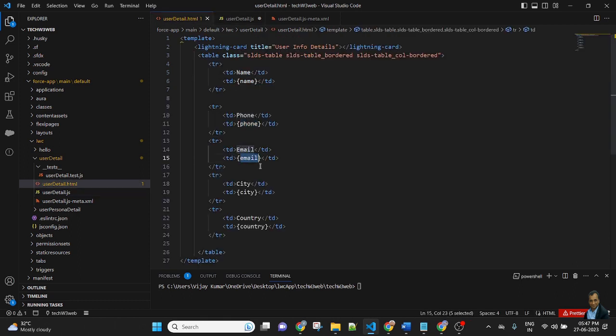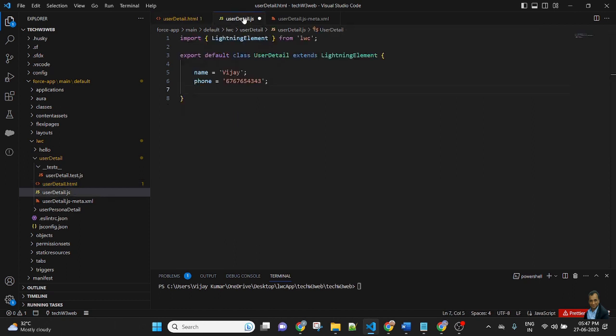After that email: copy this expression and paste it, and define the value of email as w3webnet@gmail.com.